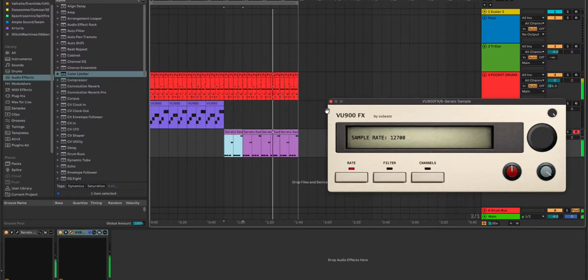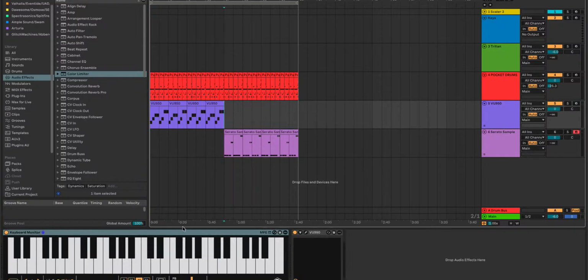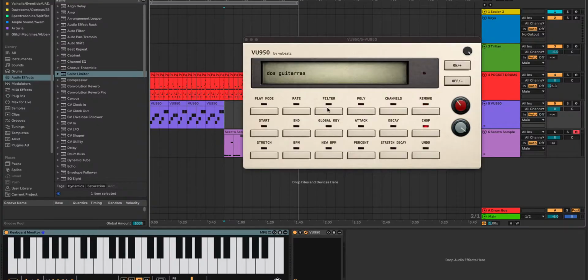More saturation, sort of. It's pretty cool. I mean, this isn't my favorite, but I honestly like the way this 950 did it. It sounds really good